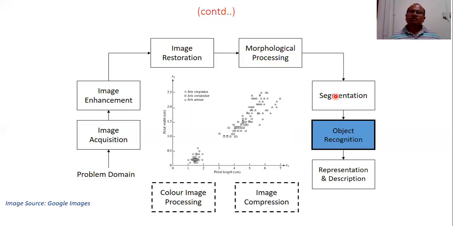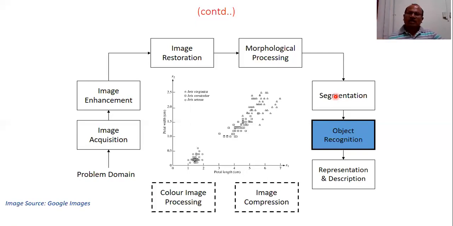So the component which is used to identify a certain object is based on the characteristics of an object, the characteristics of the image. What those characteristics are will be discussed in detail when we discuss object recognition separately. But what we are interested in here is just to have an idea what object recognition is. Object recognition is a method in which different objects can be recognized.